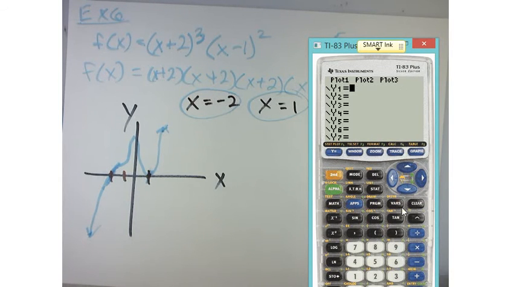I could just graph it the way that it's written in the textbook. I could say x plus 2 raised to the 3rd power times the quantity x minus 1 raised to the 2nd power, and graph it. And that's exactly what it looks like. I've got a funny zoom going on here, but